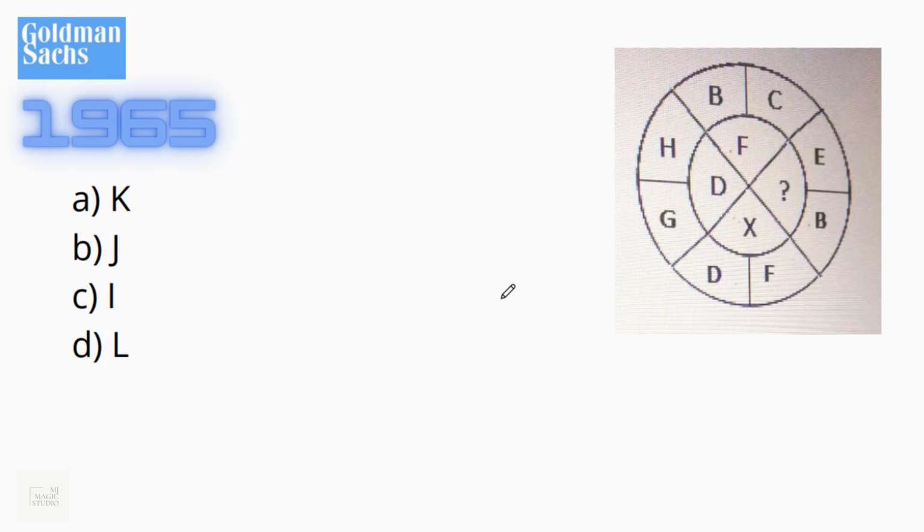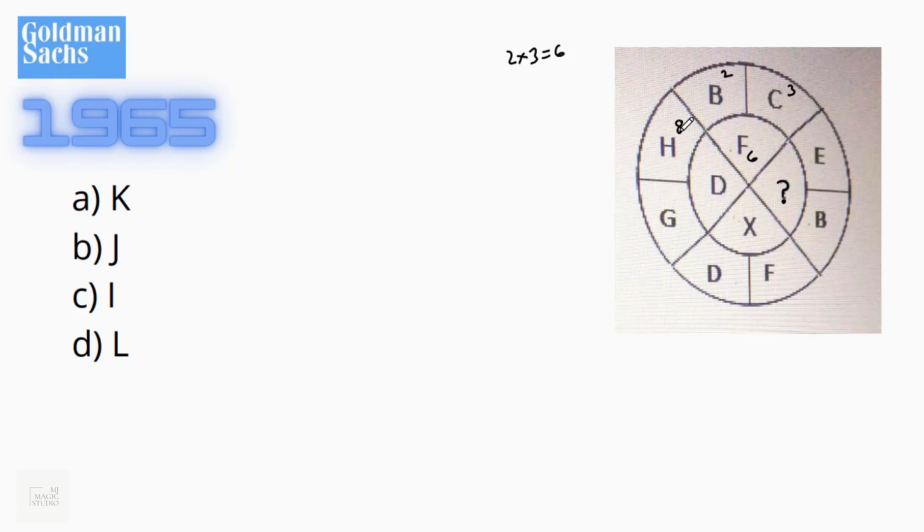Alphabetic circular grid puzzle, and we need to identify which alphabet should come at this point. Many a time we have seen that these alphabets follow some pattern, or it is better if we convert them into mathematical positions, and with the help of that it is very easy to identify the pattern. B is second and C is third. F is 6. Okay, a pattern creeps in the mind. 2 into 3 is 6. Let's see with the next one.